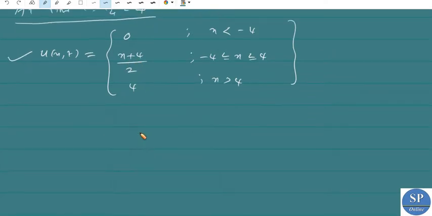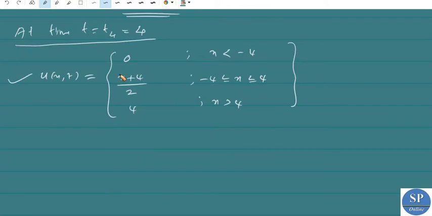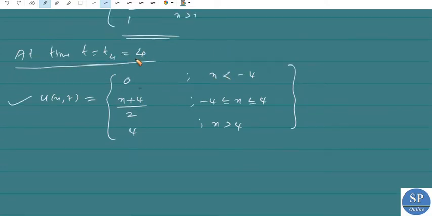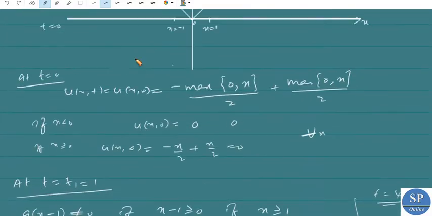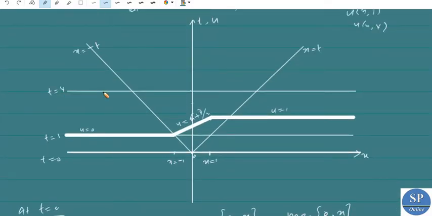So that is the case if you are plotting this at t equal to 4, we have x less than minus 4 implies u equals 0. So this is t equal to 4, so this is t equal to 1, 2, 3, 4. t equal to 4 is this line, so u equal to 0 means this line. This is also for u, so u equal to 0 is this, u equal to 1 is this, 2, 3, 4 etc. In the case of t equal to 1, u equal to 0 is this, and u equal to 1 is this, u equal to 2, u equal to 3 etc.